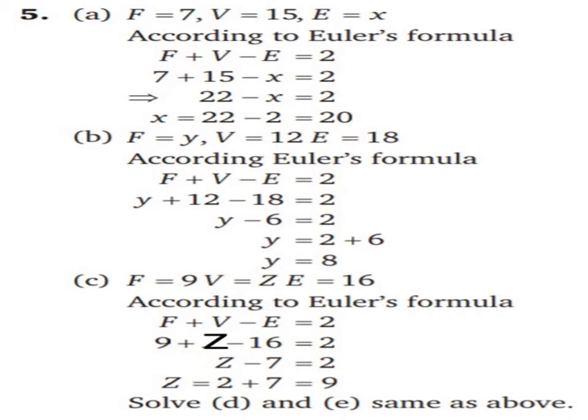Now square pyramids. So a square pyramid has one square face and 4 triangular faces, and a square pyramid has 8 edges and 5 vertex. Now pentagonal pyramid. So a pentagonal pyramid has one pentagonal face and 5 triangular faces and 10 edges and 6 vertex. Okay. Now next हम करेंगे regular octahedron.